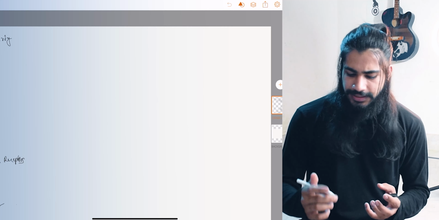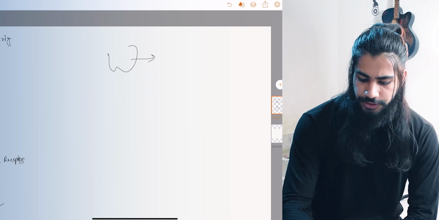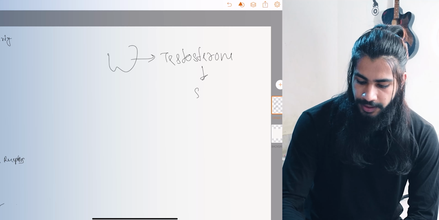So you see, in short, this is how it goes. Our testes produce testosterone, and then it is taken by the 5-AR enzyme, which converts it into DHT, and then this DHT sticks itself to the androgen receptors, which are attached to a hair follicle, and as soon as this attachment process is completed, this hair follicle becomes thinner and thinner, and finally it loses the ability to produce any hair. But the good thing is there are various ways you can block the DHT on your scalp.